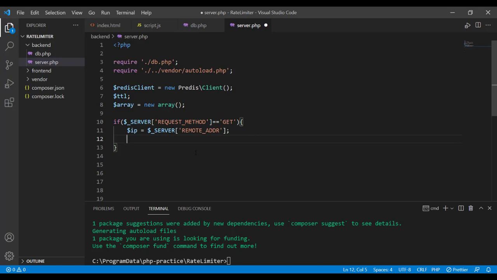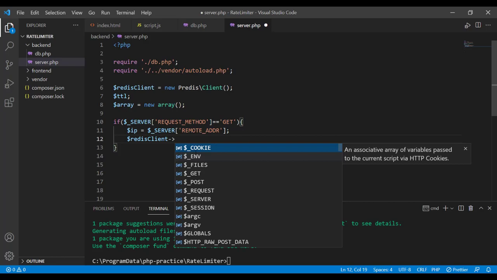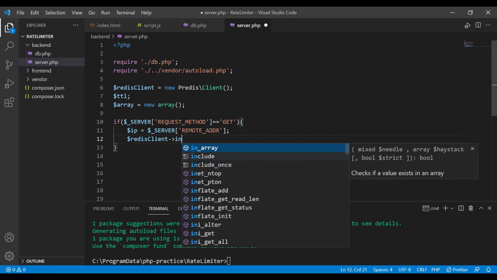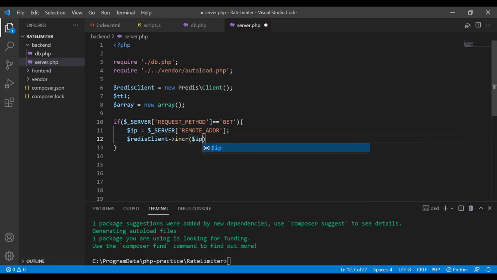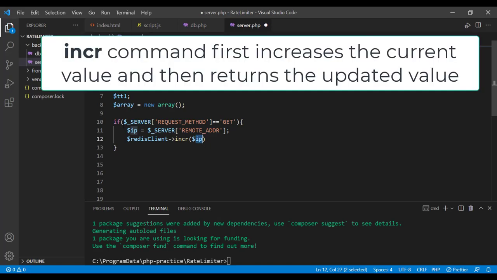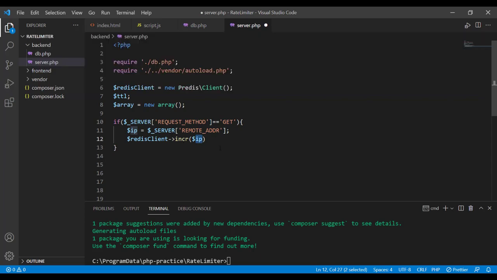Since we are going to interact with the Redis database, we have to use the Redis client variable. And the specific method or command that we are going to use is called incr. This incr takes the key which we are trying to search in the database. So what this incr command is going to do is search the Redis database for any key which is provided over here. If there does exist a key with this specific name in the Redis database, its value is going to be returned. If no such key exists, then this incr command is going to create a key value pair in this Redis database with this value as the key, and it's going to assign 1 as its value.